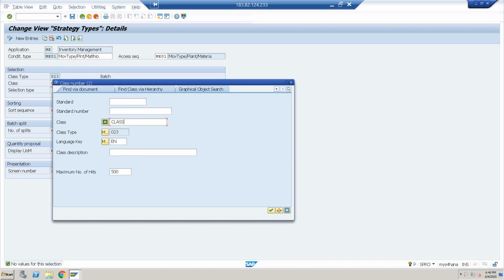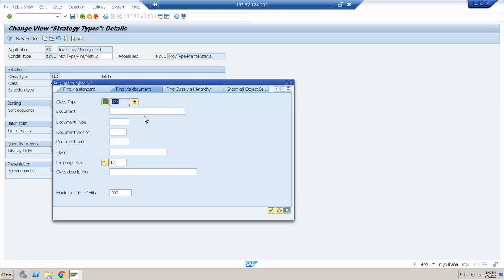Class underscore Shakti batch, I think. I'll search from here only.